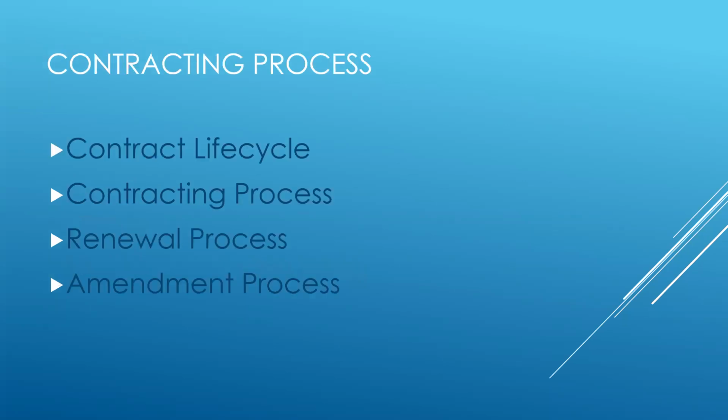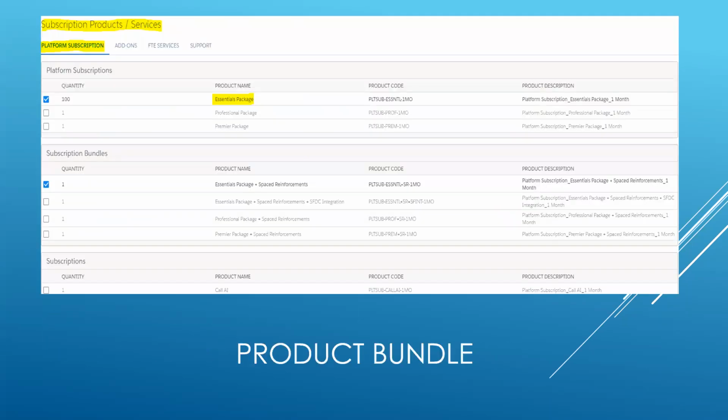Also, I will show you the sub product bundles again. On this product bundle we have option constraints for the bundle. Product rules we can use for standalone as well as bundle, but option constraint is a CPQ feature that we use in bundles. Option constraints are of two types: dependency and exclusion. If we select the essential package, we want the premier package also to be selected. That is dependency, that premier package is dependent on essential. We can make this dependency, and every time we select the essential package, the premier package will automatically get added to it.